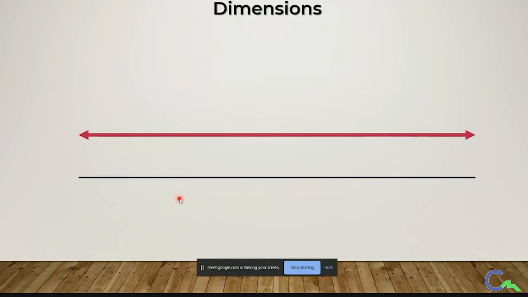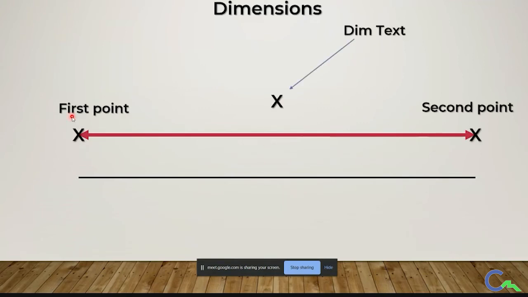So that is what an arrow indicates, a dimension. Arrow with the text. We can see there are 2 points: the first point, the second point, as well as the dimension text, right? Whenever you use AutoCAD, we click on the dimension option, select the first point, then go to the second point, and by that we get the dimension. And we have different types of arrows: architectural arrow, oblique arrow, and filled arrow, right? So that is what a dimension is.